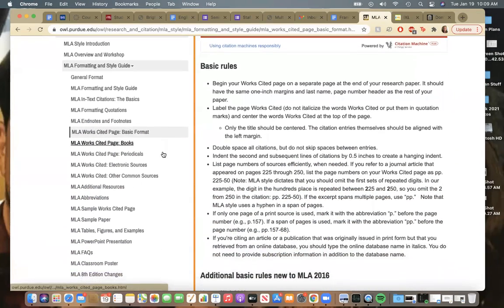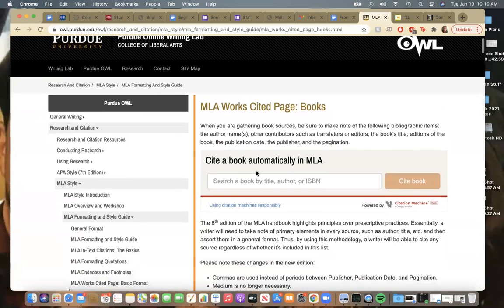Basic rules for works cited. It should be on a separate page at the end of your research paper. Some people like to just start linking things at the end of their paper, and that's not how it's done. There is specific formatting for a works cited page. Some stuff I wanted to show you is that, no matter what kind of source you're using, this has the instructions for citing that thing. So, a book here,